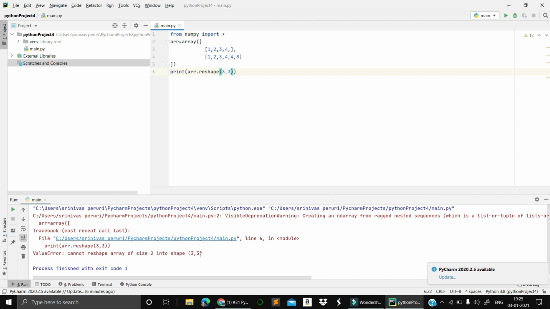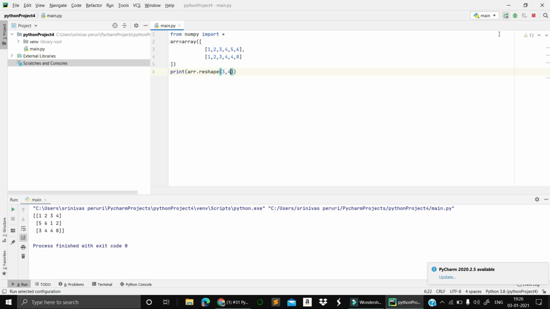Are you getting it? You need to pass elements in such a way that there are equal elements. Here it has 6, so I need to pass 6 elements. If I pass 6 elements, it is 3 cross 4. If I want 3 rows and 4 columns and I reshape this one, when I run and execute it, I'm getting a 3-dimensional array.